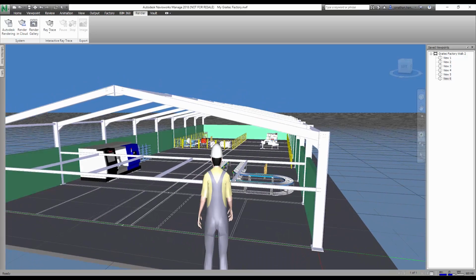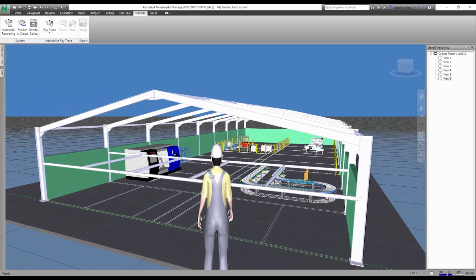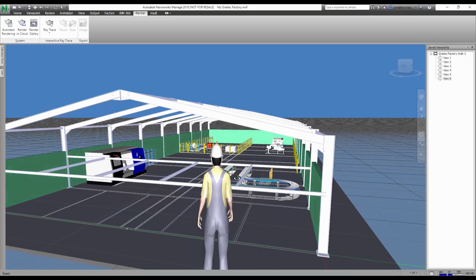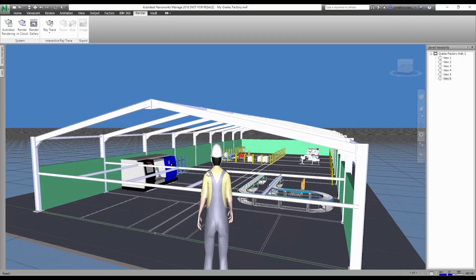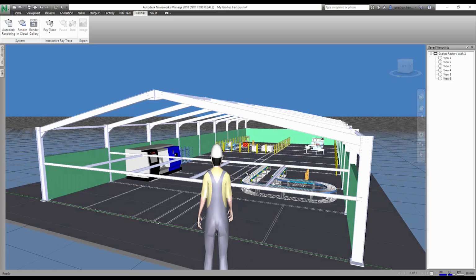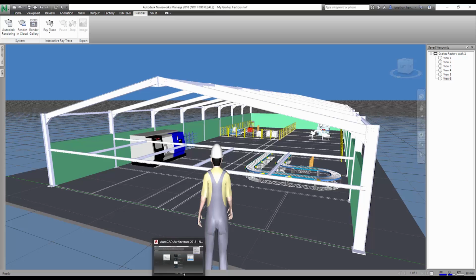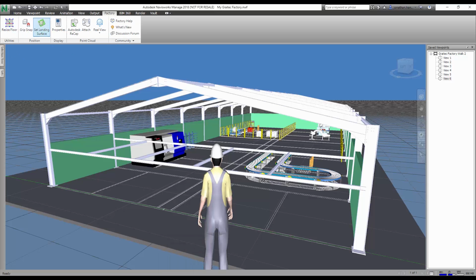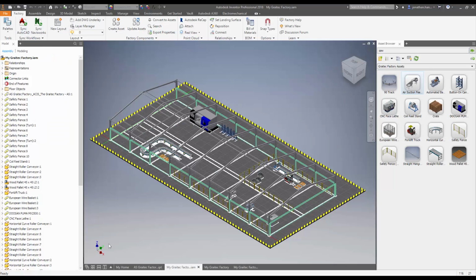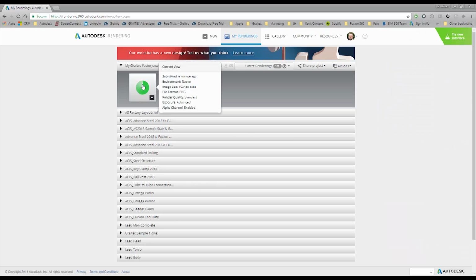So there you have it, a full run through. Taking the steel structure, using factory design assets, and then taking it out into Navis and adding some viewpoints, and then just a factory walkthrough. So I hope you can start to see that you can give full insight into the project, and these tools with Advanced Steel, Inventor and Navis work seamlessly with the factory tab to sync in and out. So each one has a factory tab where you can sync in and out of the components, and then see